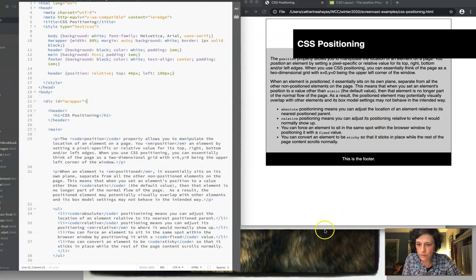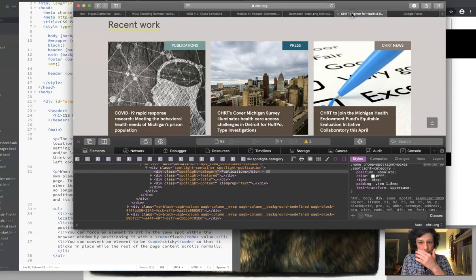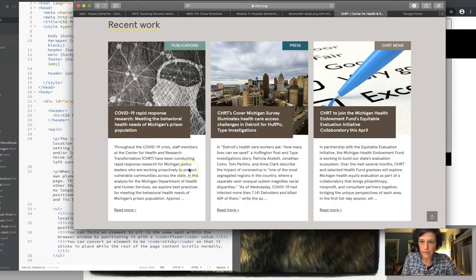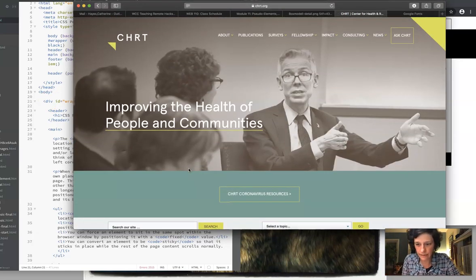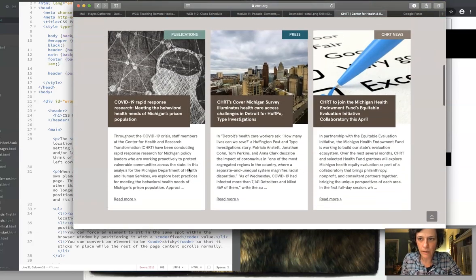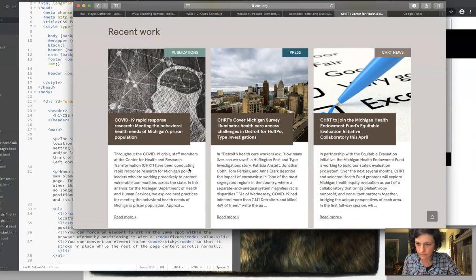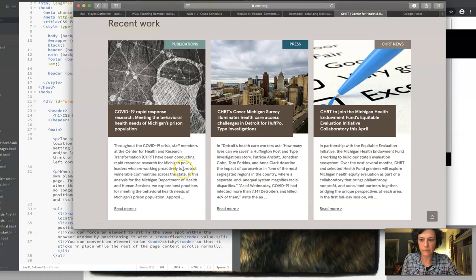Actually, let me show you just a quick real life example. This is a client site, and I remembered that I used relative positioning to get this effect here. These are little call to action boxes with some stories and a little read more button. To get these blue and brown boxes to show up in the upper right corner and these brown boxes to show up in the middle, layered on top of the image and layered on top of the excerpt box,